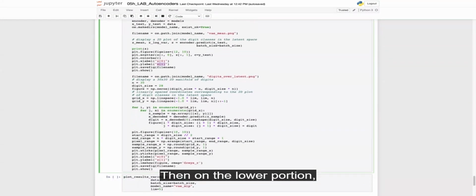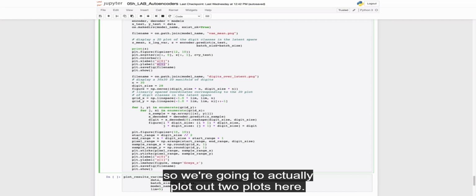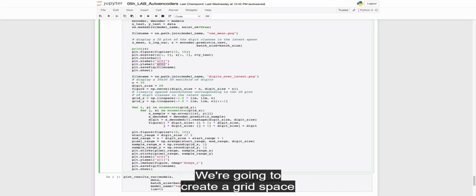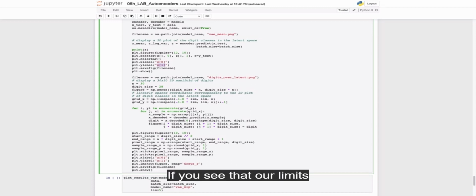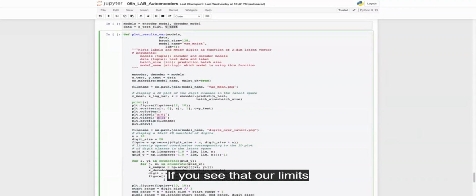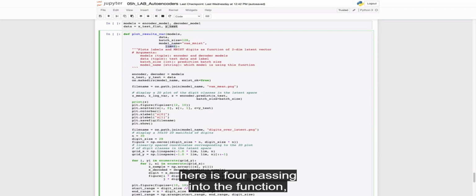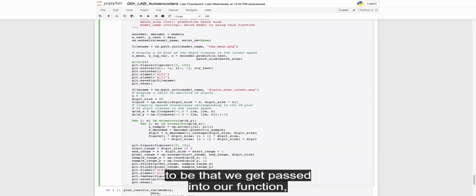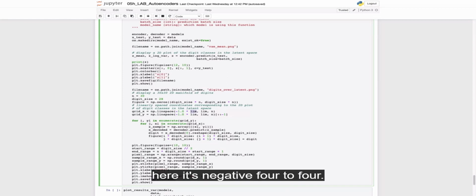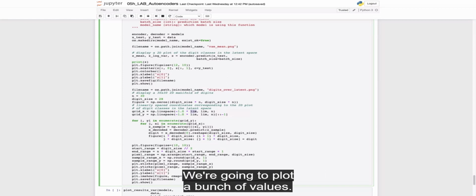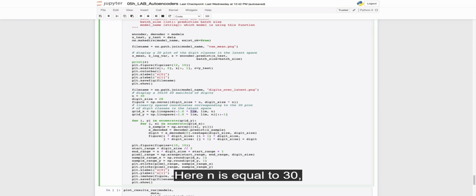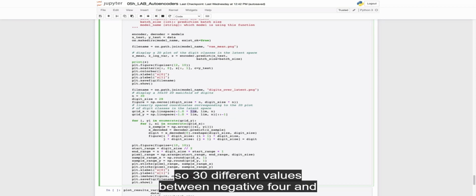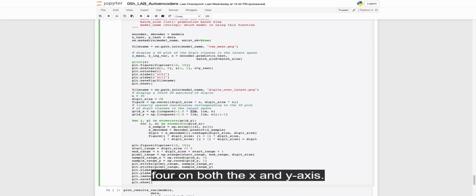And then on the lower portion, we're going to plot out two plots here. We're going to create a grid space ranging from -4 to 4. Our limit here is 4, passing into the function, or whatever our limits tend to be that we can pass into our function. Here it's -4 to 4. We're going to plot a bunch of values. Here n is equal to 30, so 30 different values between -4 and 4 on both the x and y